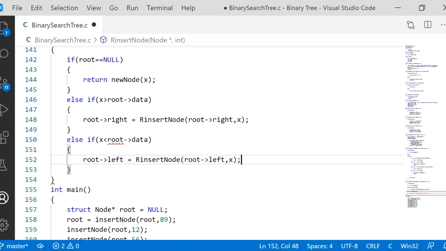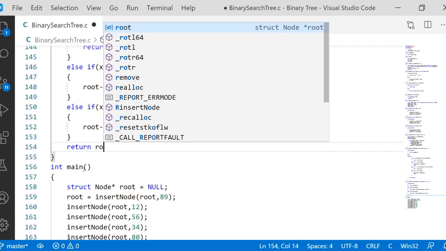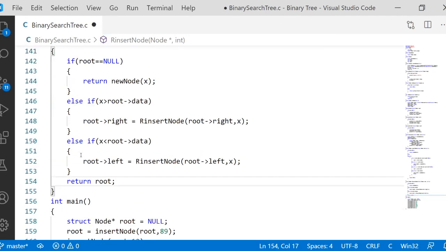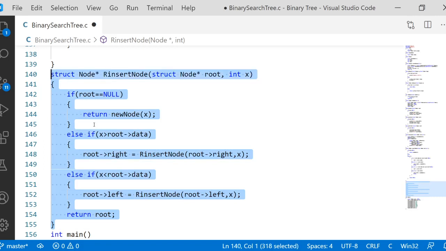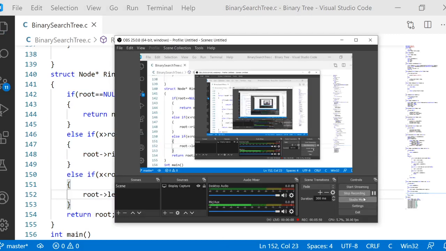So what will happen if your root of left becomes null? When your root of left becomes null, recursively it will create a new node and it will return it. That returning new node address, you will place it in the root of left. And finally, after doing both these things, I will return root. This returning root is very, very important. But to understand why we are giving this return root, we will take this recursive code and trace line by line how the recursion is going to work for that tree structure.